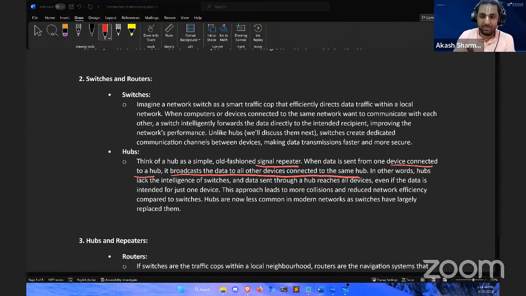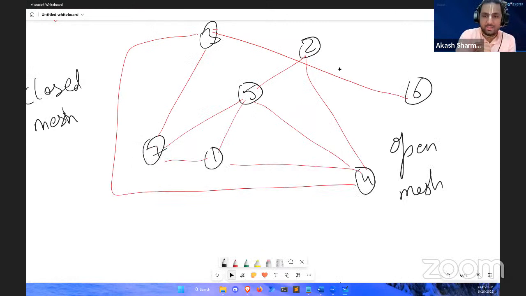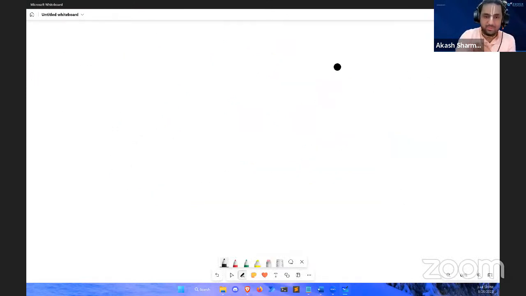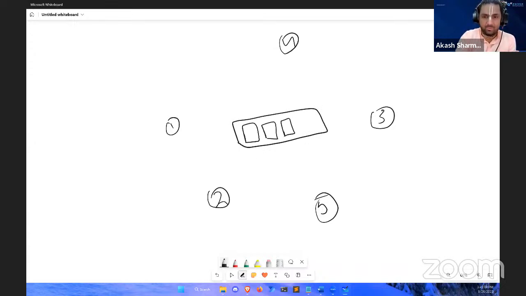I'm going to show you how, okay? Just wait. So in your network, consider you have a few devices. Right? Now they are all interconnected with something called a hub. A hub looks like this. It has a few LAN ports. I'm going to make just a couple of them. Then there's a reset button or something like that. There is another port, which I'm not going to talk about right now. I'll explain that later. Now consider that your devices are connected to these ports,